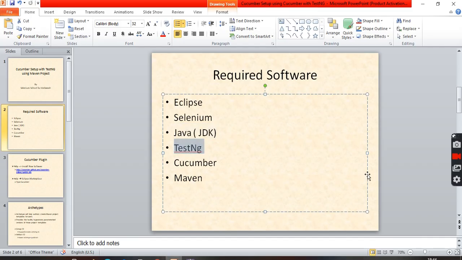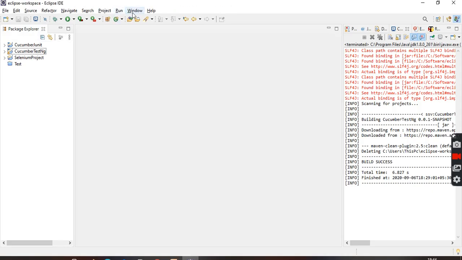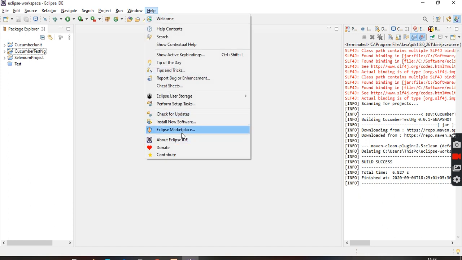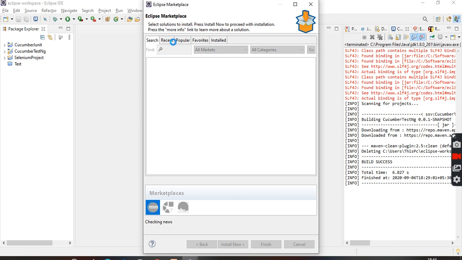TestNG. How to install the TestNG? Just go here to the Eclipse Marketplace, go there and type TestNG.